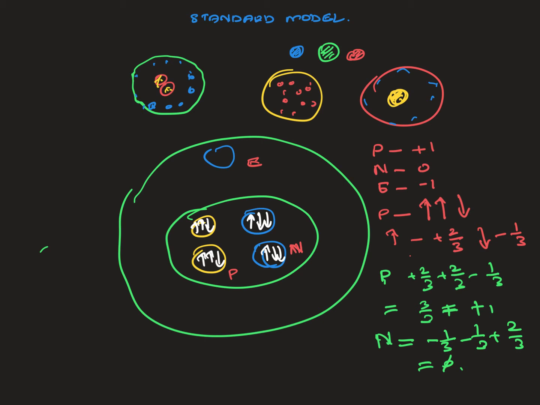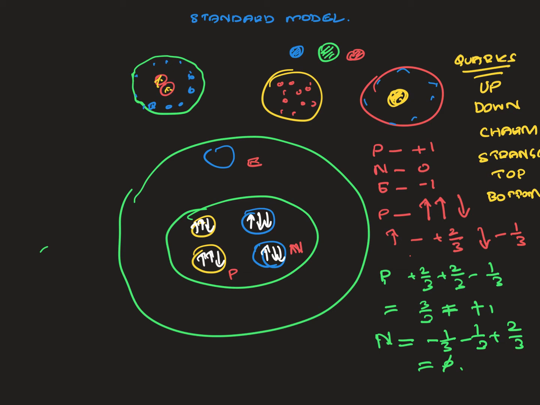Just like the up and down quarks, they also found another 4 quarks called charm, strange, top, and bottom. Those are the names they gave to these quarks. We looked at up and down, which are the fundamental or elemental particles within neutrons and protons. So they have up, down, and there's another pair called charm and strange, and also top and bottom.